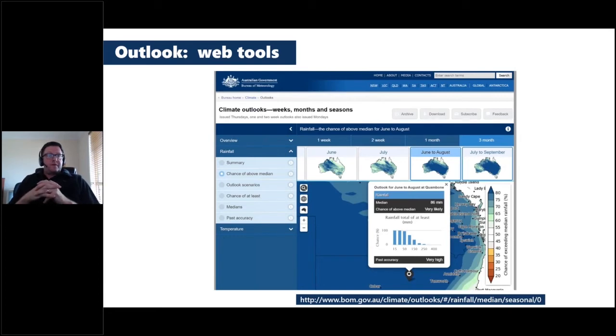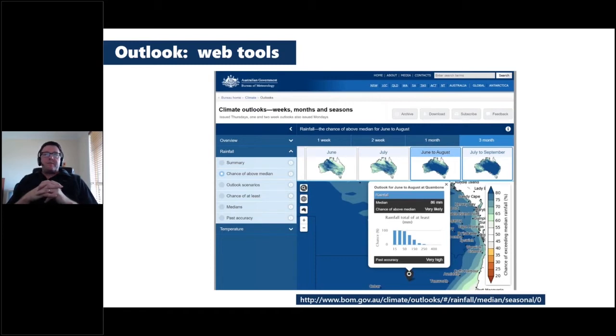You can have a look on the search bar, and as I've done, entered the location that you're at, Quambone, and it actually comes up with that little dialog box, giving you your median rainfall for the next quarter, which is 86 millimeters. It will tell you that overall forecast probability. It'll also break it down a little bit more for you and look at the chance of getting aggregate rainfall over 3 months in those bins: 15 mils, 50 mils, 150 mils. And obviously we always see increasing chance or decreasing chance of higher rainfall always.